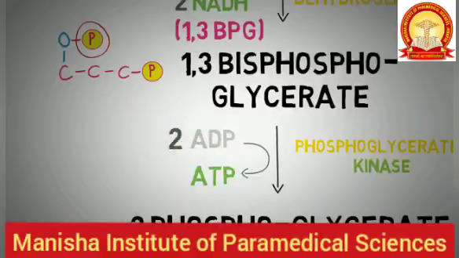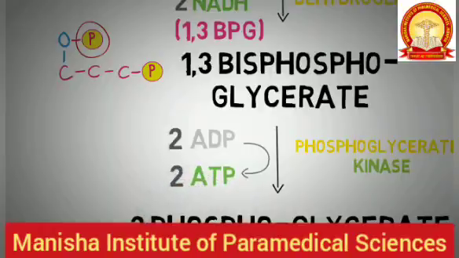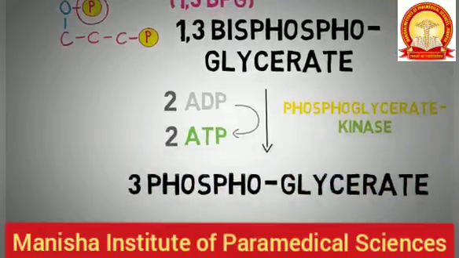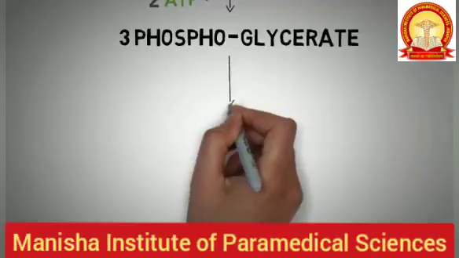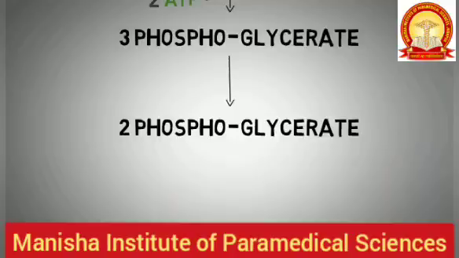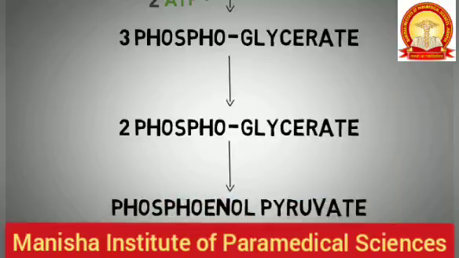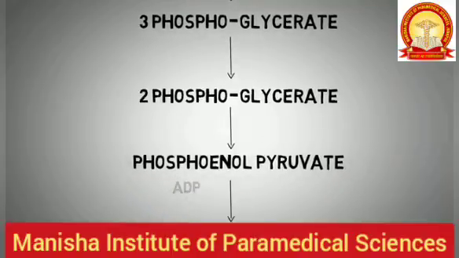Here you should also note that 2 ATPs are produced per molecule of glucose in this reaction, since one molecule of glucose was split into 2 earlier in glycolysis. After this, we are left with 3-phosphoglycerate, which has only one high energy phosphate group attached now. In the next 2 steps of glycolysis, the 3-phosphoglycerate gets converted to 2-phosphoglycerate and then to phosphoenol pyruvate. This phosphoenol pyruvate then loses its high energy phosphate group, which is used to make another ATP by attaching that phosphate group to ADP.